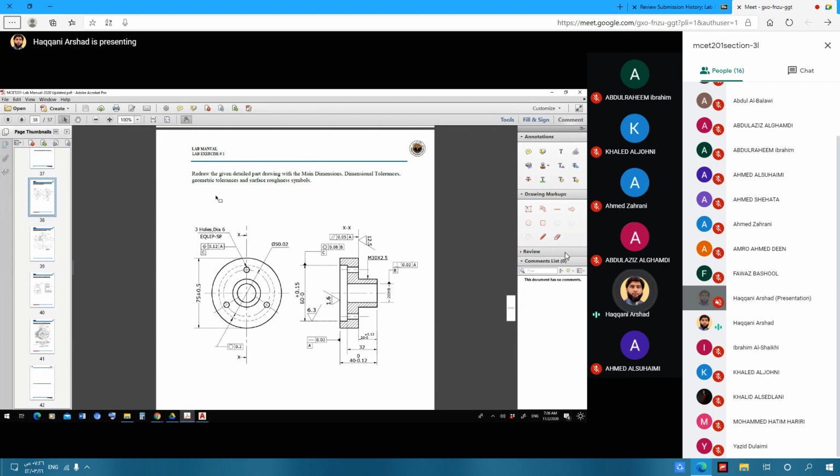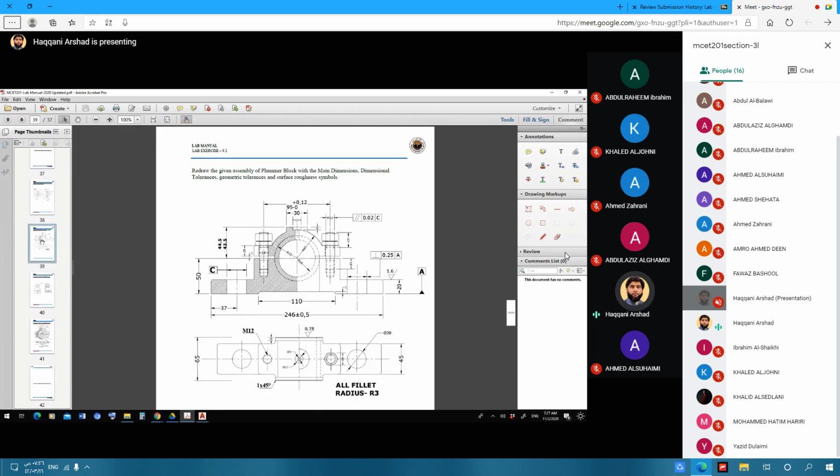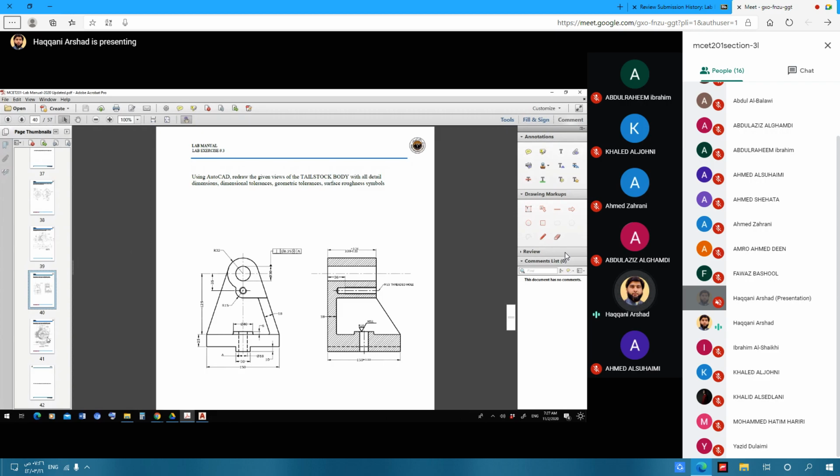So usually the final lab will have two questions. One will be 2D and one will be 3D. Regarding the 2D, you will have something like what you see in exercise 9.1. This drawing 9.1 is similar. If I select 9.2, 9.3, and 9.4,